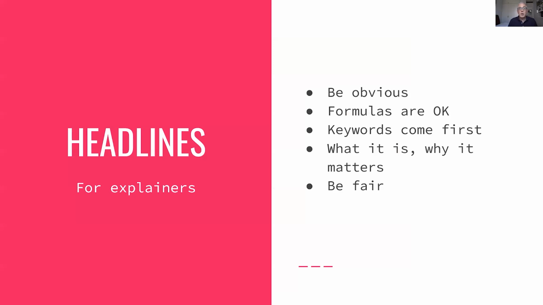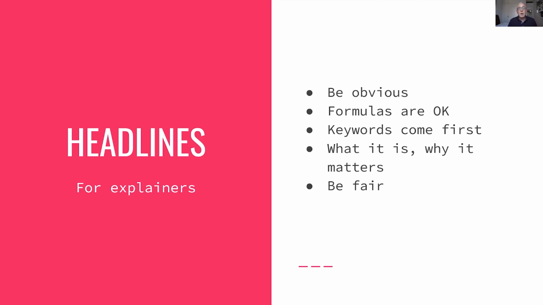So here's what you should be trying to do. First and foremost, you're letting readers know that the piece is an explainer. You can be very obvious about that. No need to hide what the format is. That can mean starting a headline with why, or how, or understanding whatever, or what to know about X, or such and such explained. On our team, that's how about 80% of our headlines start nowadays. In addition to alerting readers to the kind of content that it is, it's an approach that can boost your search ranking as well.